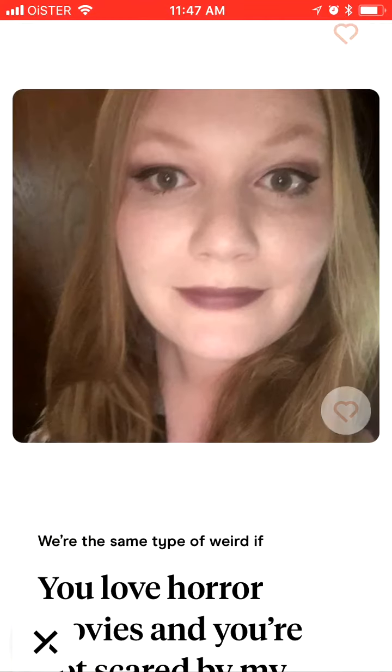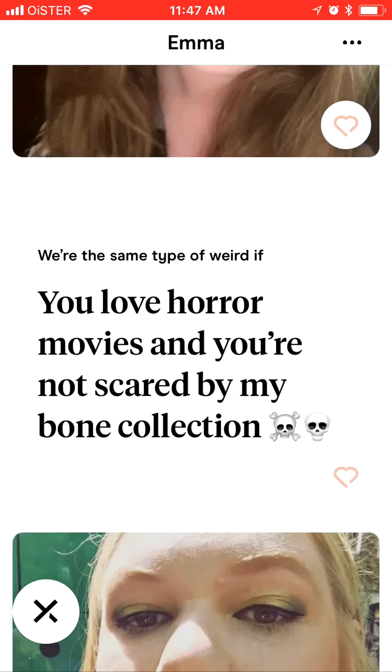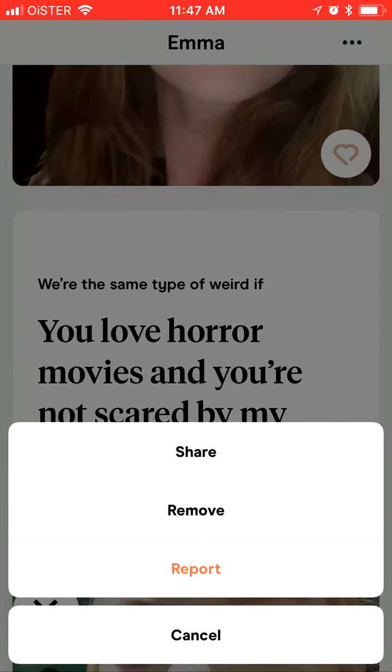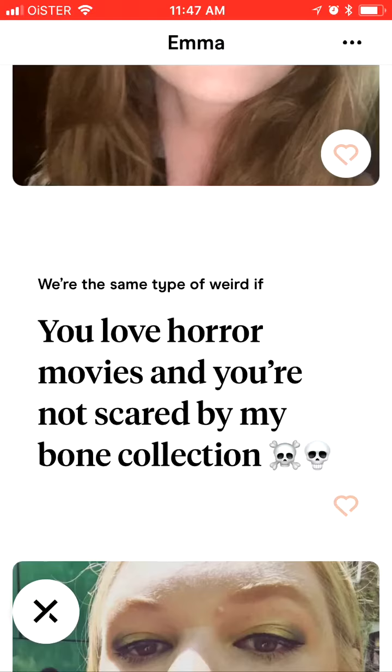But Hinge is more like kind of more detailed communication. So it's not like you're just swiping on Tinder just based on the first photo or something. So here you can look at more interests and more details. And then of course if you don't like, you can remove, report,